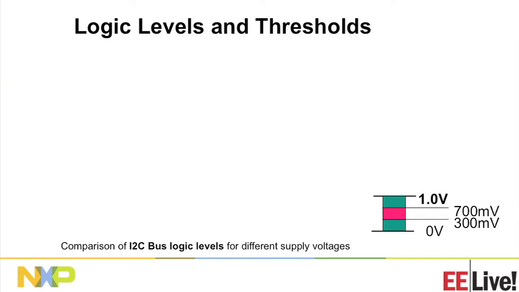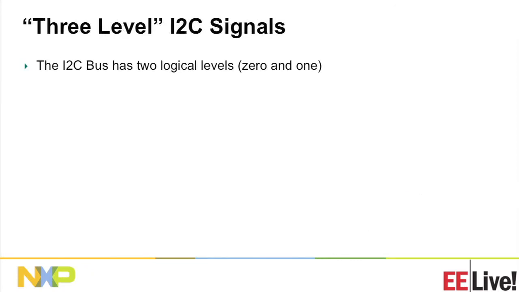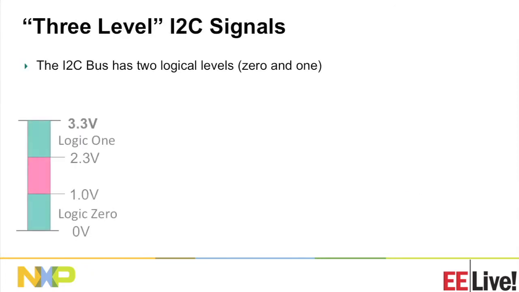When you make the signals very small because you only have a 1-volt rail, you end up with a problem for system noise because your thresholds are so close to the ground and the supply. So for the hardware engineers in the audience, there's your challenge: how to make the same thing work at a 1-volt power supply. If you look at the signal from an I2C device using a mixed signal oscilloscope, for example,